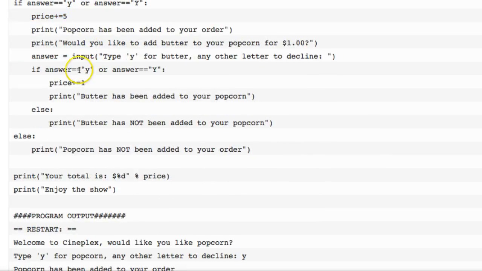So once again, we're going to ask yes for butter, and if we say yes, we're going to add another $1 to the price of our total movie ticket bill and say butter's been added. Else we're going to say butter has not been added. And this else out here is part of the outer if statement. So up here, if I don't answer y to popcorn, it's going to come right down here and say popcorn has not been added to your order, and that way no other costs have been added beyond the $10 of